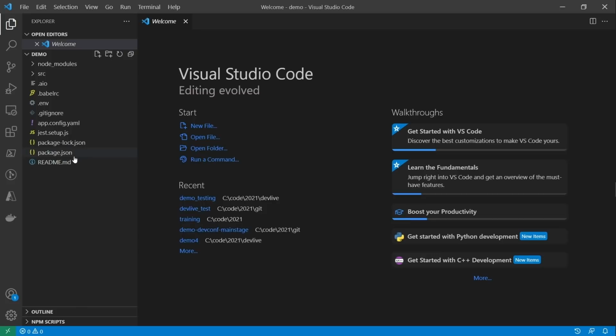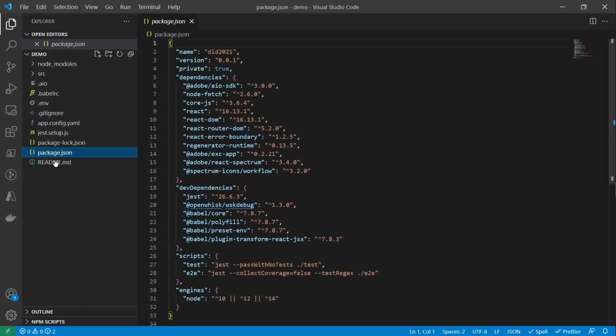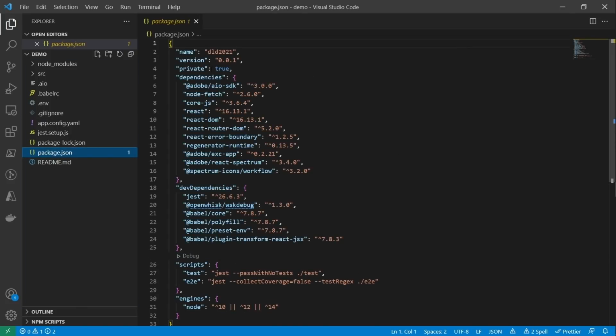All right, so in here we can see that it created a package.json to define our project. It's got the information there. And because we actually picked, we're going to extend the experience shell, it's actually gone in here and added in all the pieces that are necessary. So we added React DOM, Spectrum, etc. So we have React Spectrum in here.